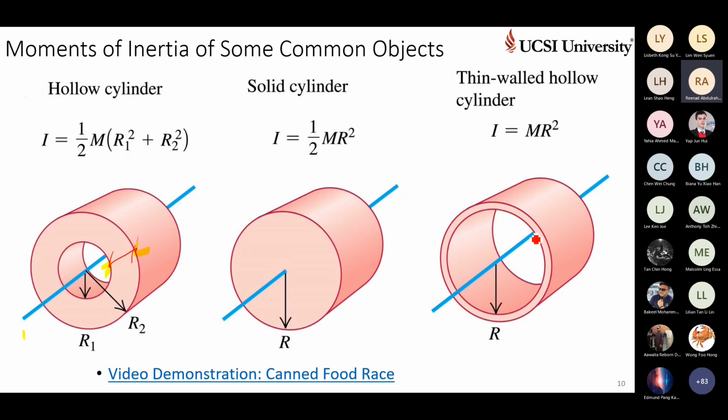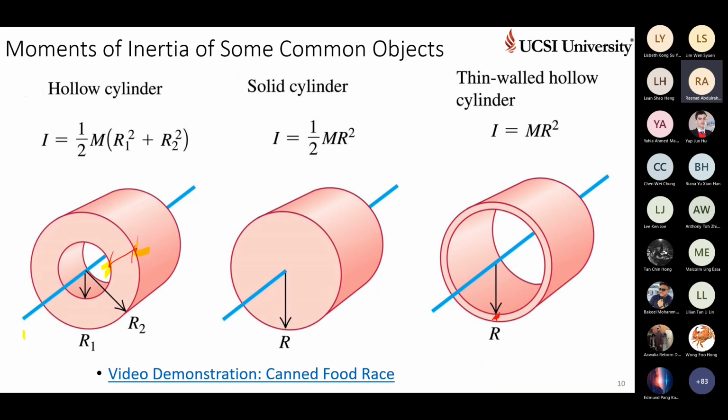When you come to this one, even less, because most of the material is removed, right? It is very far or most of the material is removed. The inertia or the mass is available only at this point, very far. Hence, the inertia will be reduced. It is free to rotate. What?